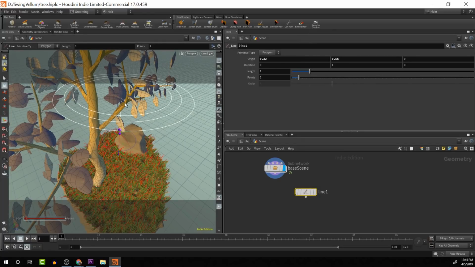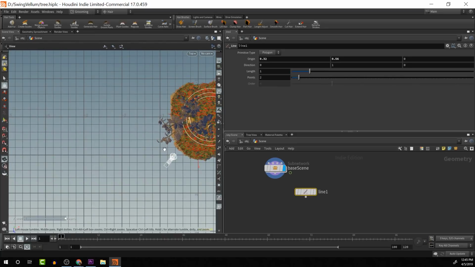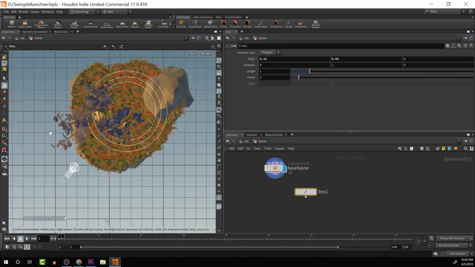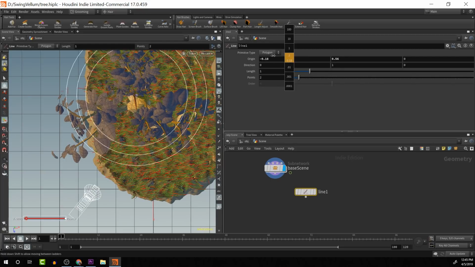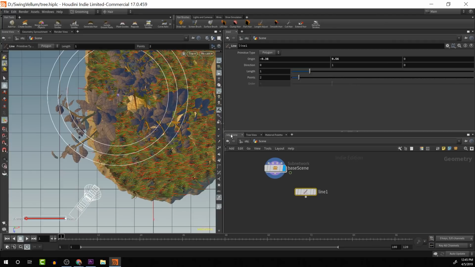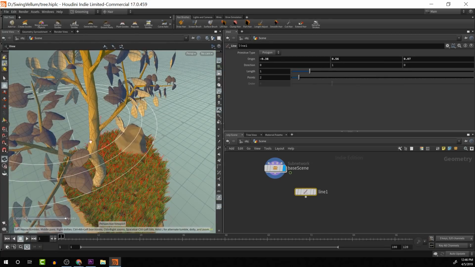actually, it might be easier to go in a top view. So I pushed spacebar and 2 over this viewport, and you can see where that is. I'm going to move it in the X. See it moving here, and then the Z is up and down right here, so you can get it close. And then I'm going to go back to the perspective viewport, spacebar 1,